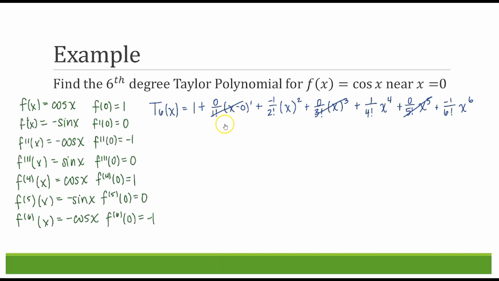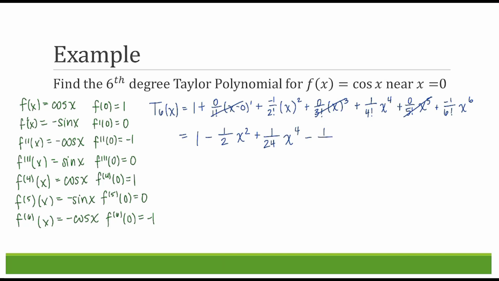All right, so we can see, what do we have left? We only have left the 1 and then all of the terms with even degrees. So we're going to have 1 minus 1 over 2 factorial is 2, so we have 1/2 x squared, plus, now we have 1 over 4 factorial. So 4 times 3 times 2 times 1 is going to give me 24. So I'm going to have plus 1 over 24 x to the fourth. And then we lose the odd degree, so we have minus